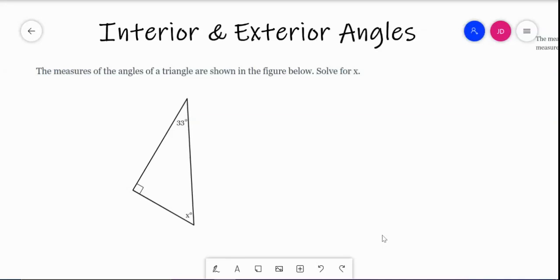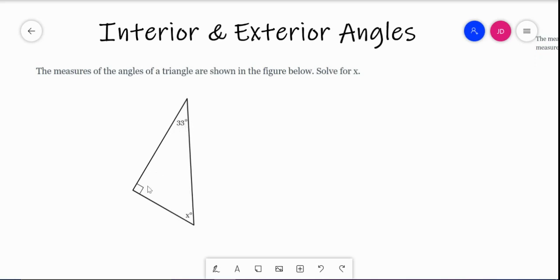In today's video, we're going to be talking about the interior and exterior angles of a triangle. So in this first problem right here, the measures of the angles of a triangle are shown in the figure below. Solve for x. So first thing we need to know is that all the interior angles of a triangle,